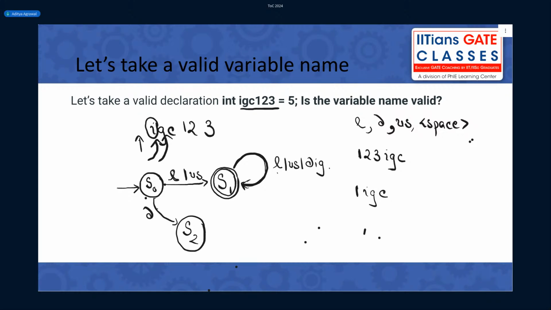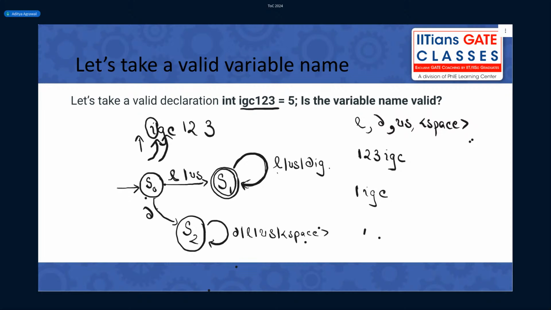So if it's a digit, it goes to S2, and when I am in S2, if I read any set of letters, underscore, digits, or even space, I don't care, I will keep on staying in this state. Because my first letter is a digit, after that, whatever comes, it's not my business. I have rejected that string. How will I reject it?